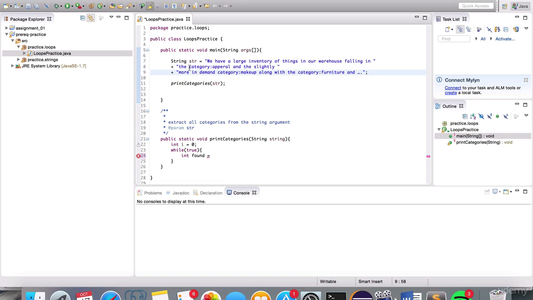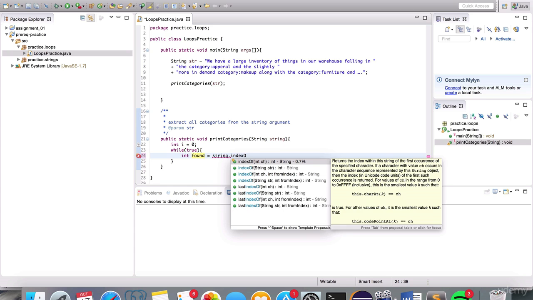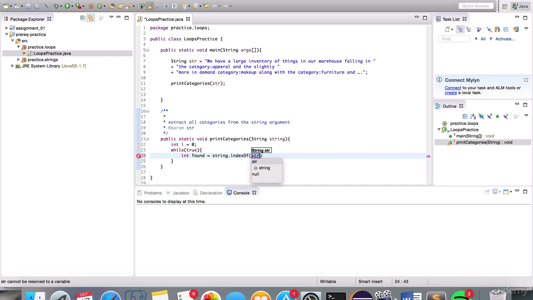So wherever we see category colon first within this string, it's going to be assigned to found, and we're going to be changing where category is found within the string through this loop. So let me show you how we can do that. So string dot index of, okay, and the particular string that we're looking for is category colon